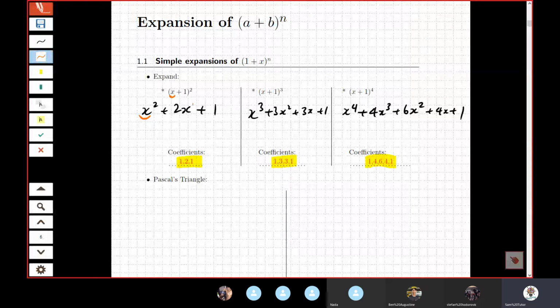Now in this case you can't see that, but I just want to show you again. You start off with your highest power, x cubed, you decrease it by 1, decrease it by 1, and then gone. Start off with your highest power, decrease it by 1, that's a 3, decrease it by 1, that's a 2, decrease it by 1, that's x to the power of 1, and then gone. Anyone not understand what I mean by that decreasing power? Okay, so once you know that it's going to decrease by 1 and the other one will increase by 1,